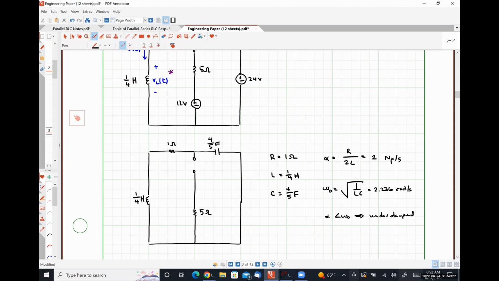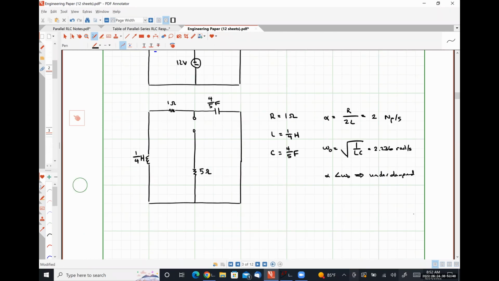Are we all okay to this point? All right, nobody's saying they're not okay, so let's just keep on keeping on. Our next step is going to be to analyze the circuit. Oh, let's see what's going on in the chat here. All right. So our next step is going to be to analyze the circuit at t is equal to 0